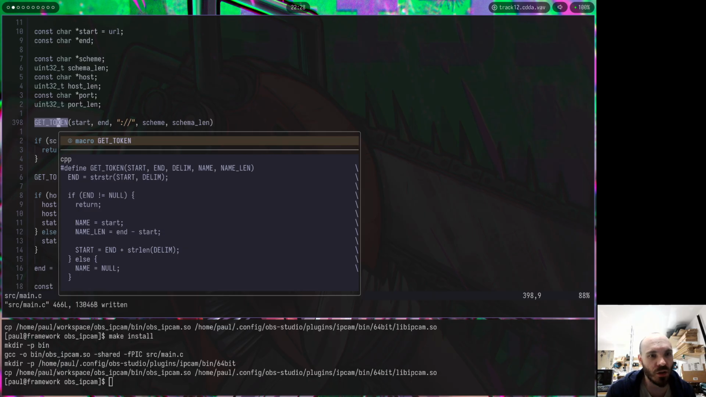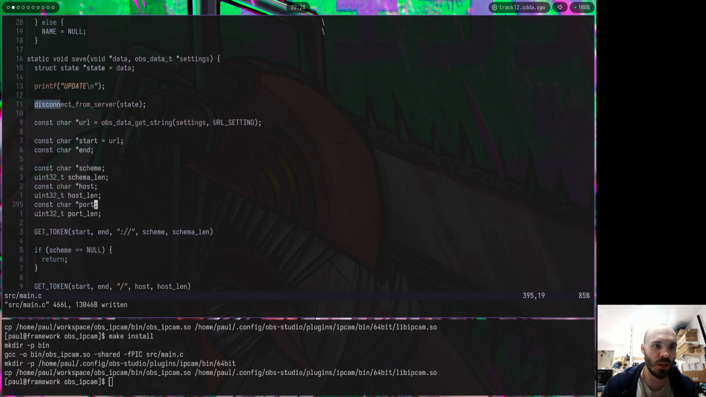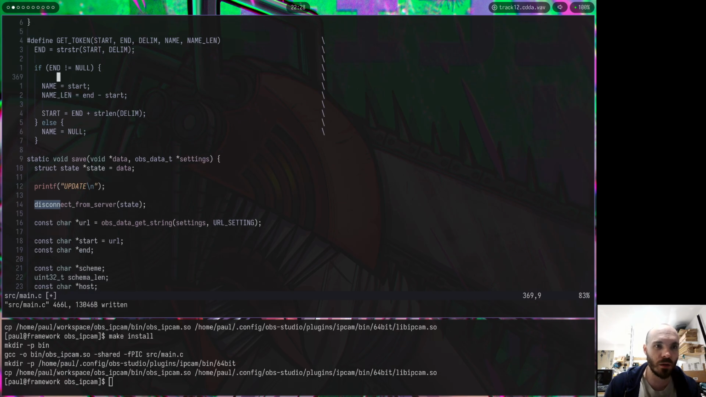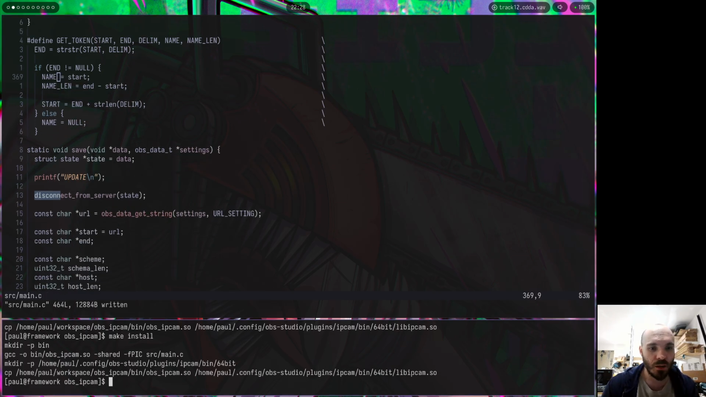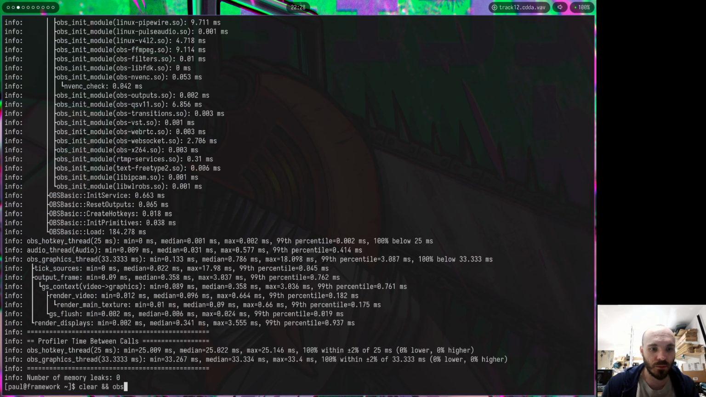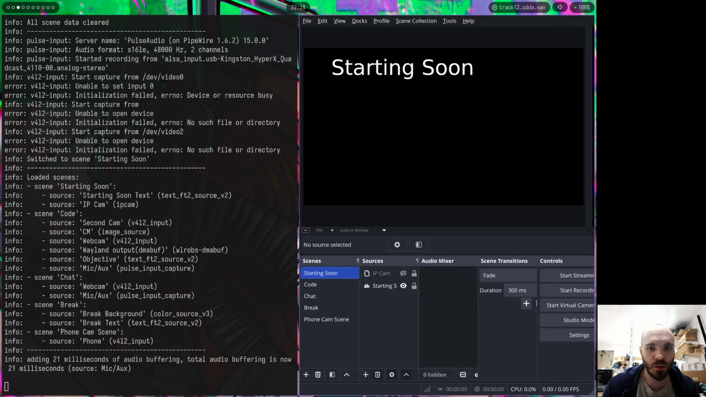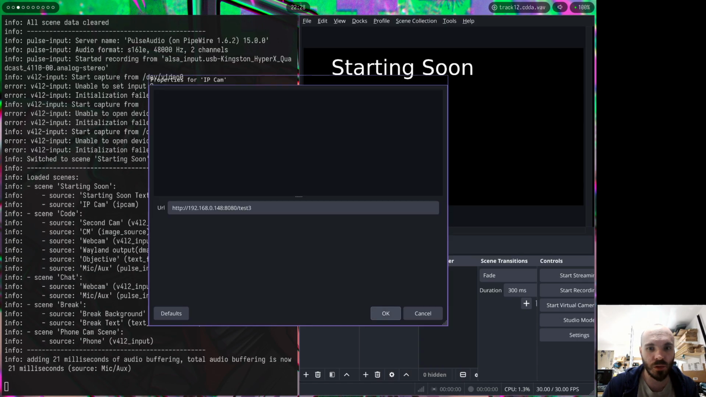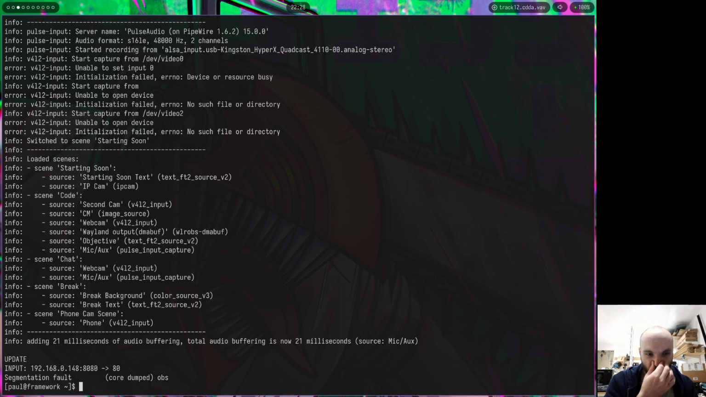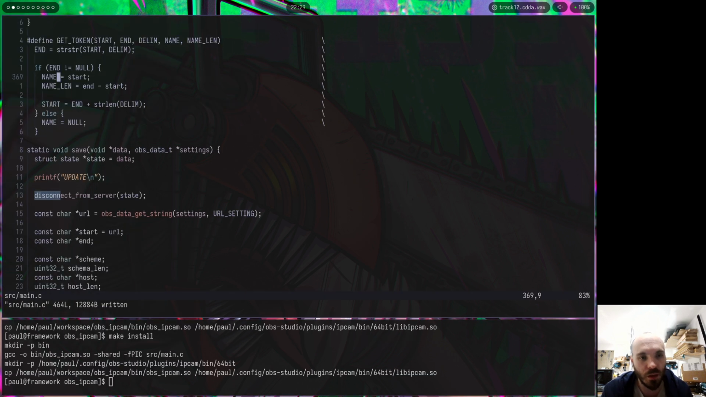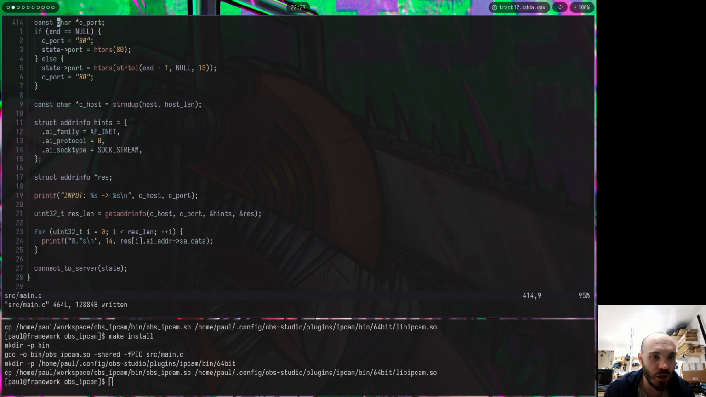If end is not null, return. That is definitely not going to work. Okay. So my host actually has the 8080 in it, which is incorrect, and then my port has a thing, and then a sec fault, which I probably sec fault on trying to connect, because I'm still trying to connect when